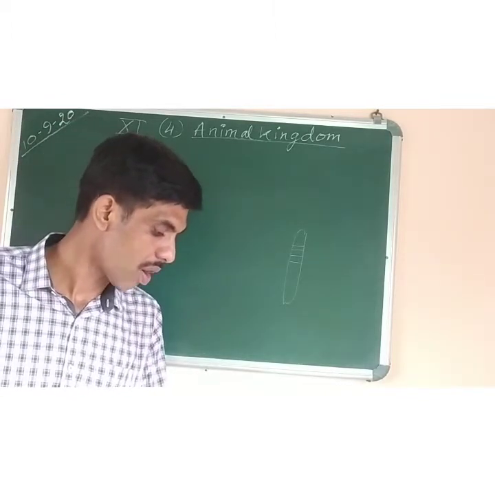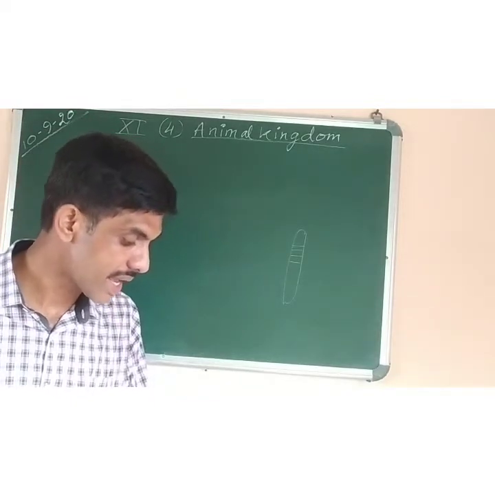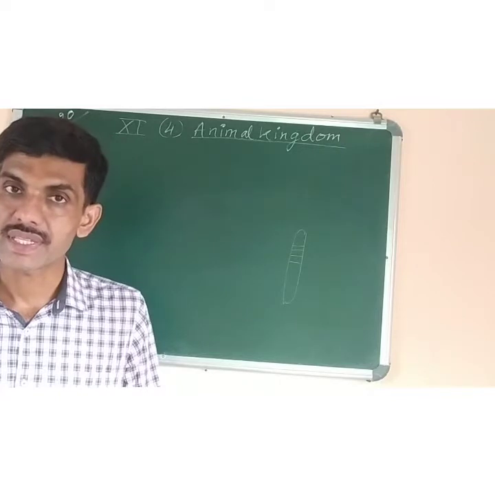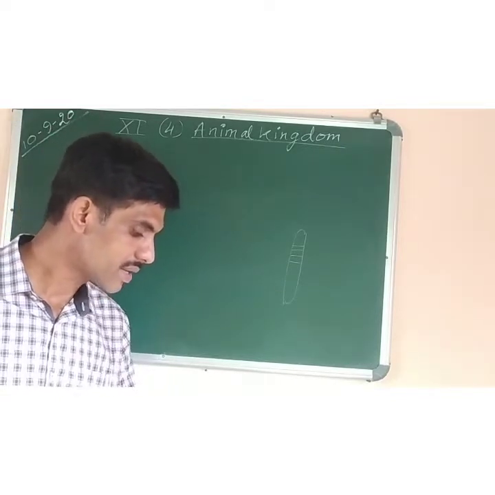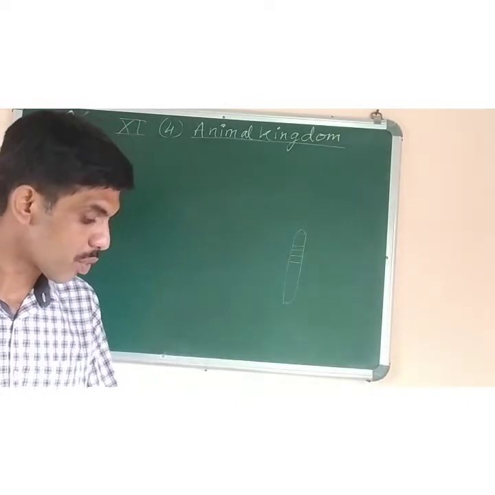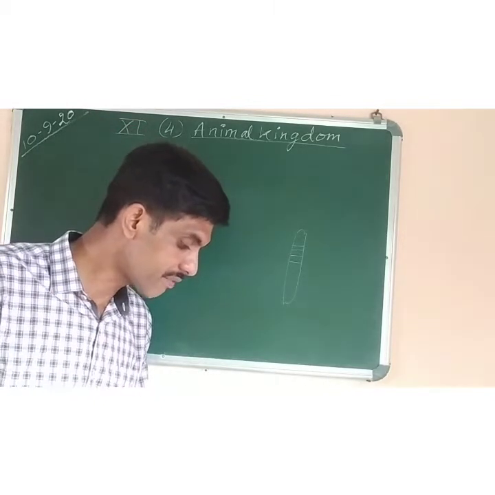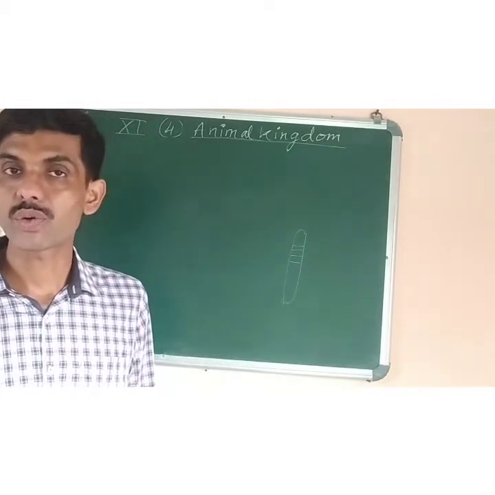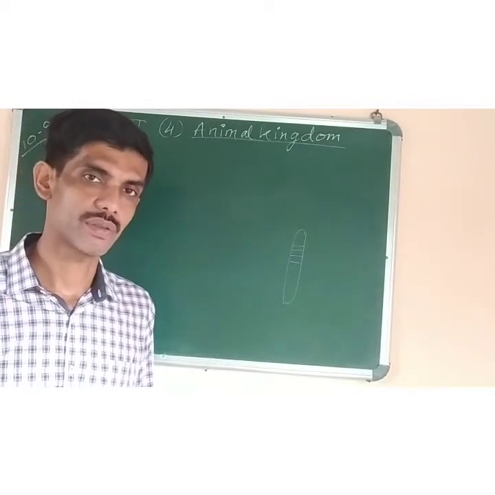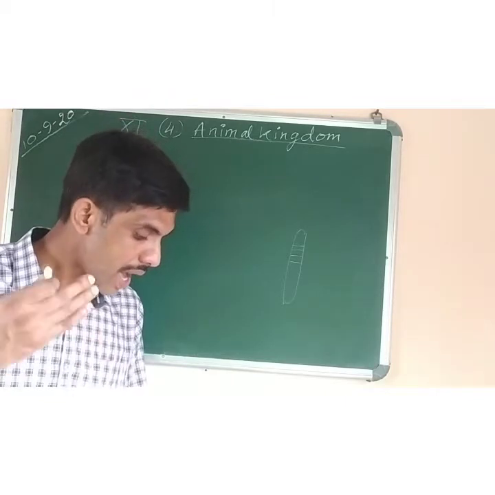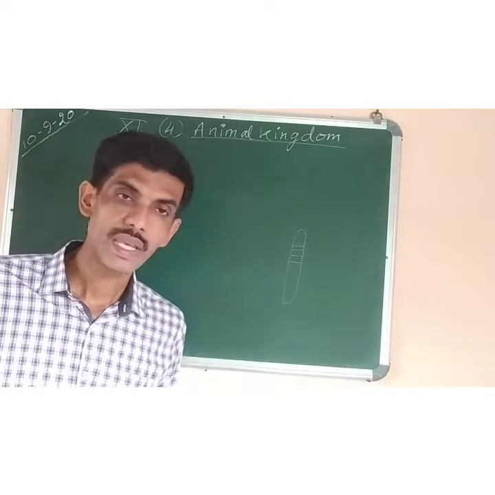Some division of labor occurs among the cells. Example, in sponges, the cells are arranged as loose cell aggregates. They are not working together. In coelenterates, the arrangement of cells is more complex. Here the cells perform the same functions and they are arranged into tissue in case of coelenterates, and they form tissue level of organization. Similarly, a higher level of organization, that is organ level system of organization, is shown by